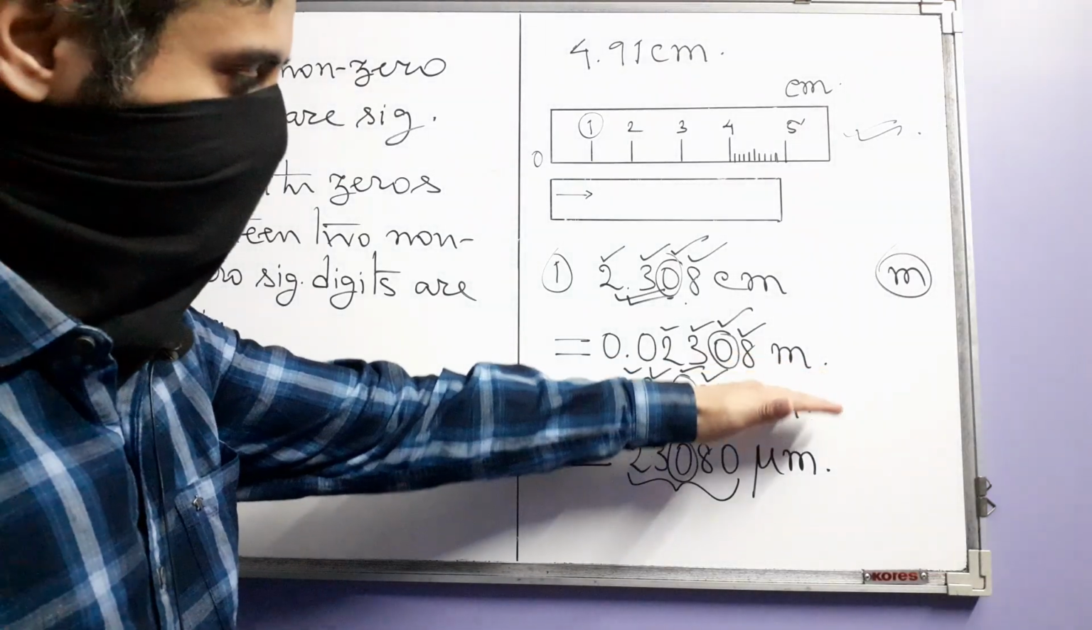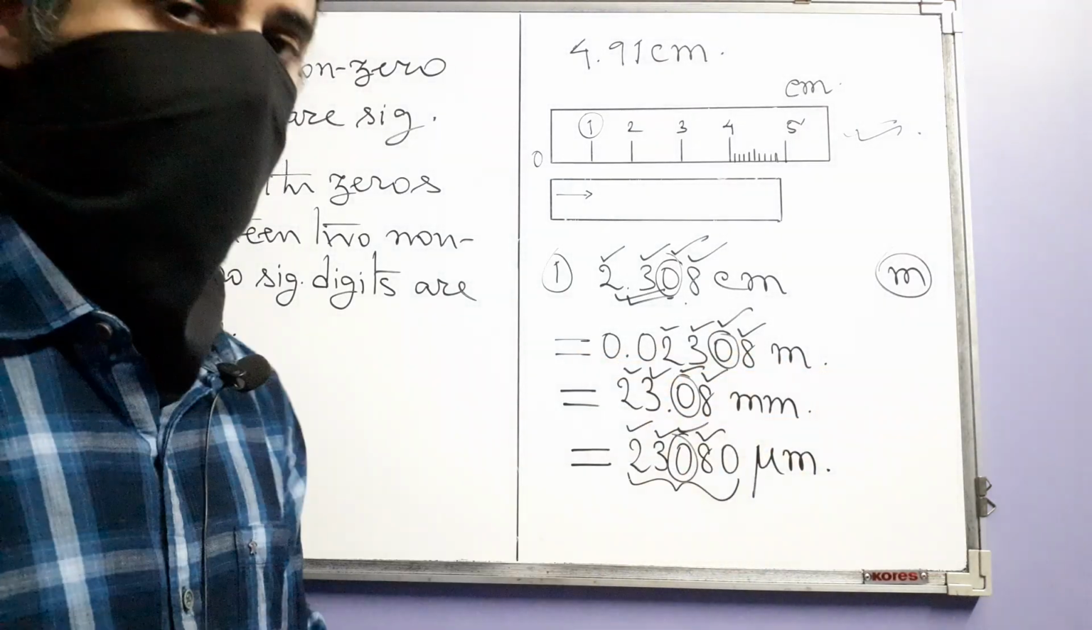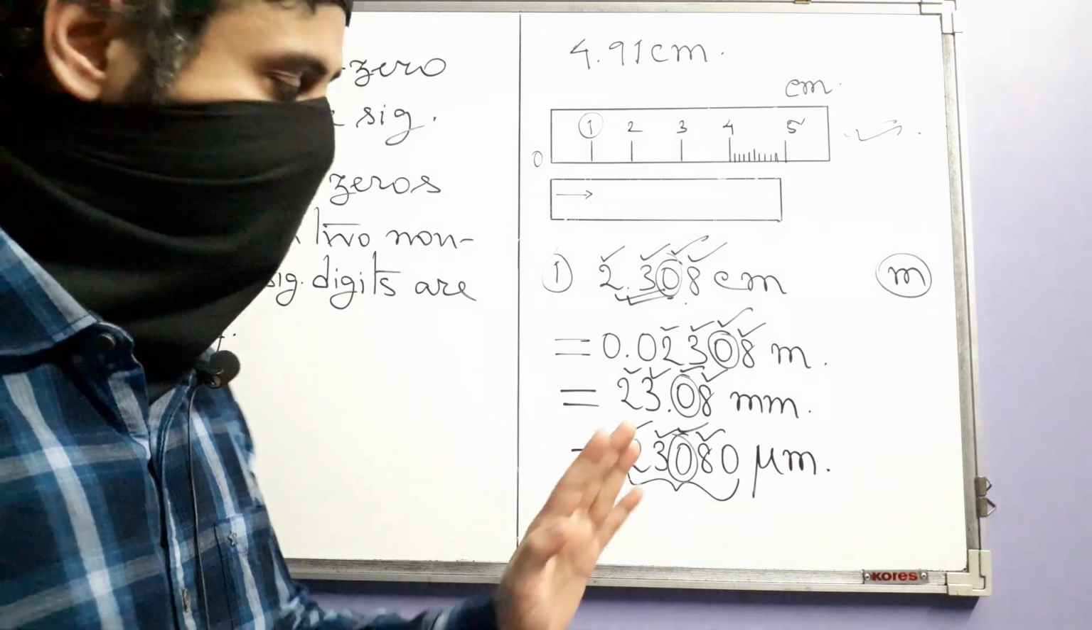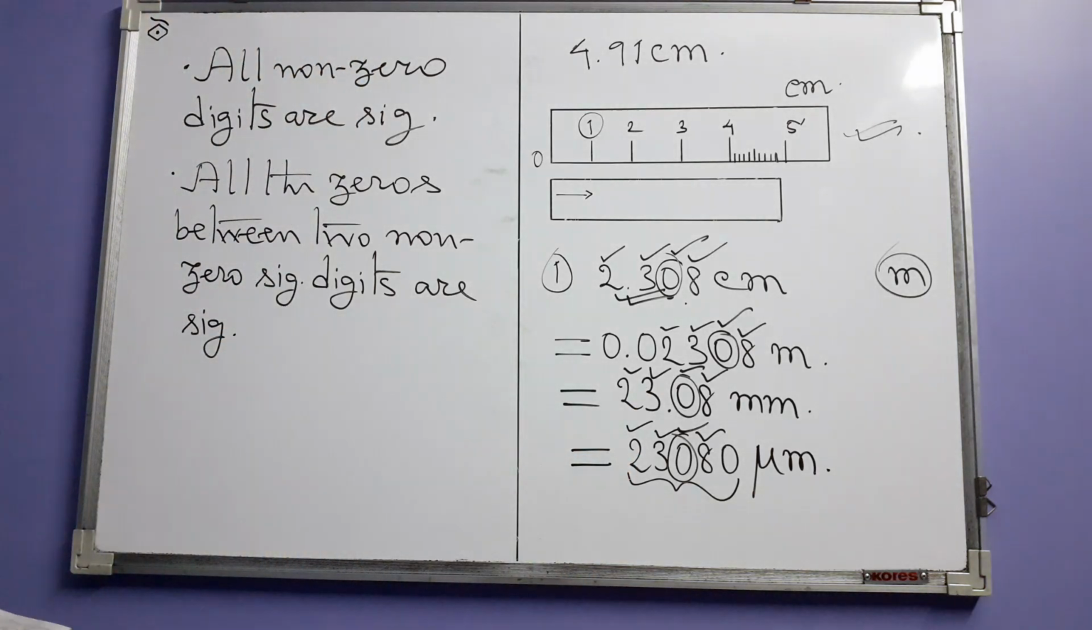But the other units sometimes seem to have brought extra zeros. Those extra zeros should not be significant. So we further make this rule: